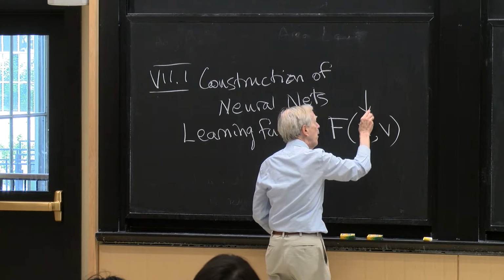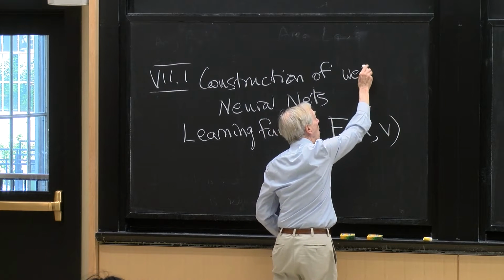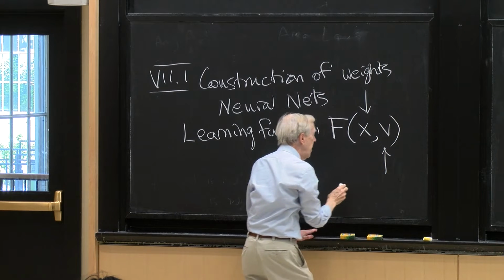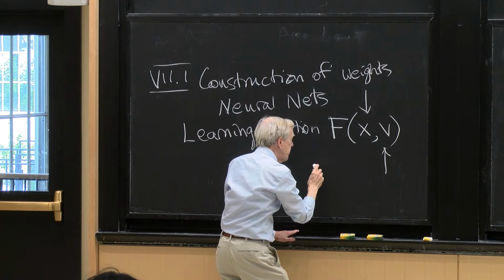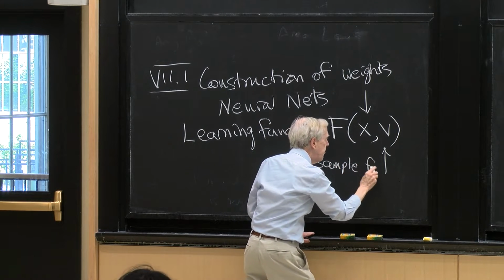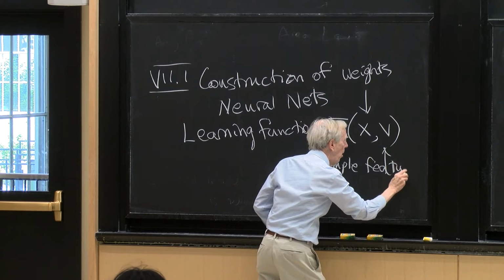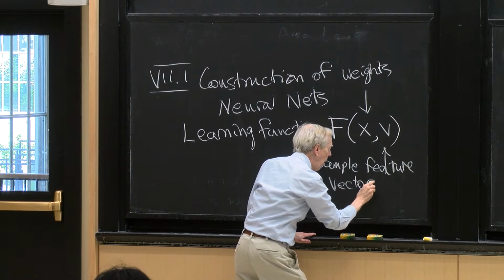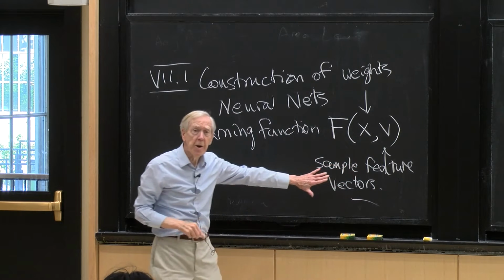So x are the weights, and v are the feature vectors, the sample feature vectors from the training data,